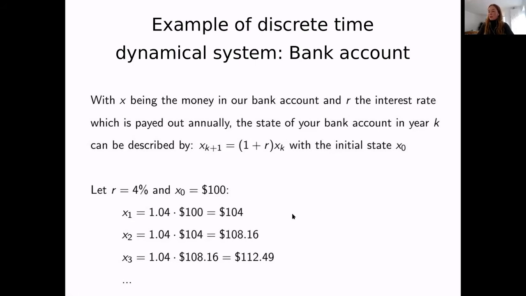yeah, starting with $100, you can just calculate the amount of money you have next year and the year after, and so on and so forth, by multiplying the current amount of your bank account with 1.04. Good, so I think this is clear. Maybe you did this in school as well. Okay,